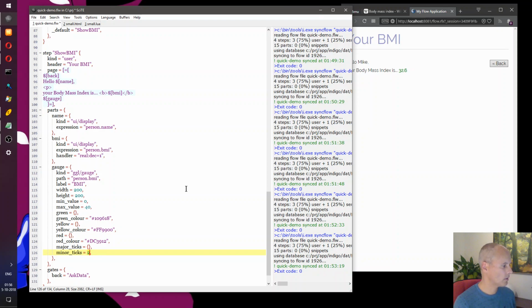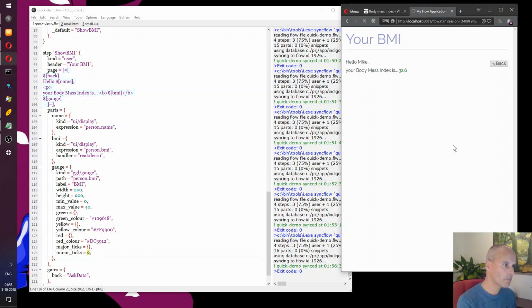Yeah, this is okay. Let's see what happens. Press F5. Oops, there it goes. So this is a gauge. We see the label here. This is not what I want. The minimum value is 0, maximum value is 40. So this seems to be okay.